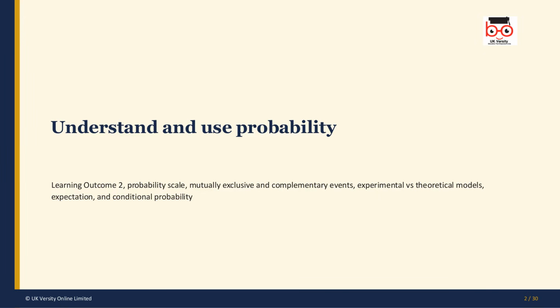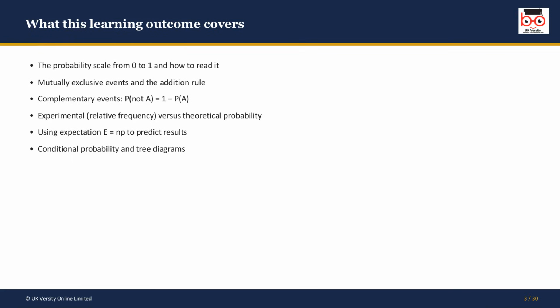Let's turn to probability. In this outcome, we'll work along the probability scale from 0 to 1, meet mutually exclusive and complementary events, compare experimental and theoretical models, use expectation to predict results, and finish with conditional probability and tree diagrams. Here's what's ahead. We'll read the probability scale from 0 to 1, handle mutually exclusive events with the addition